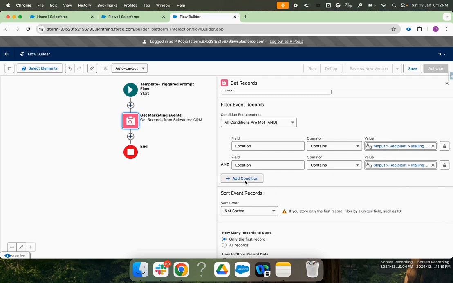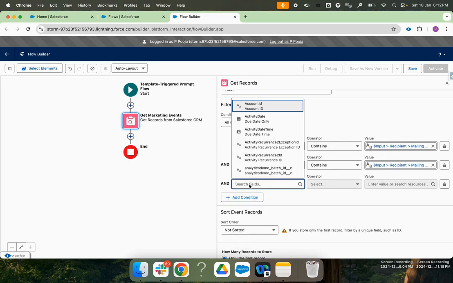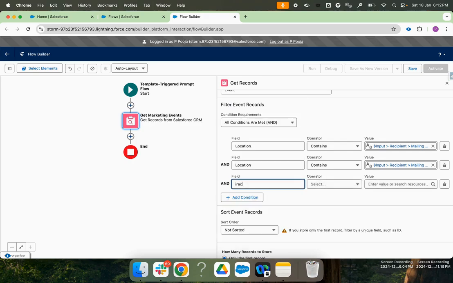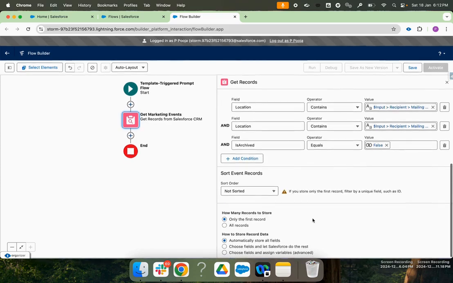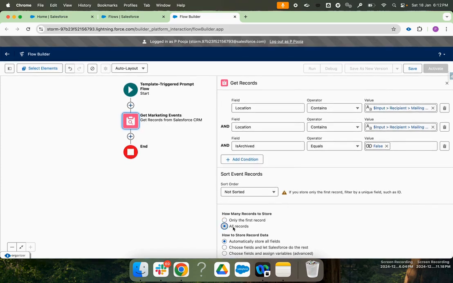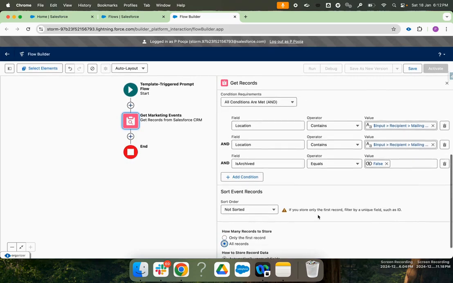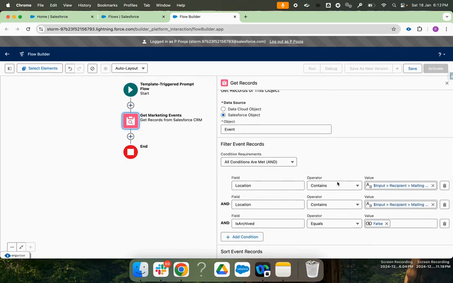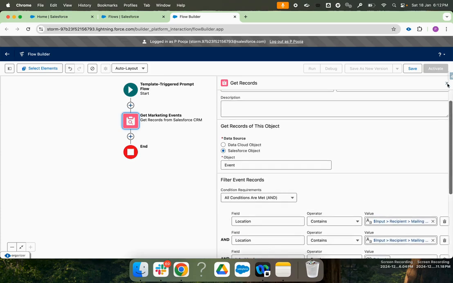And now last but not the least, I'm adding one more condition to check if the event is already archived. So I'm selecting is archived equals false. Now we have to select this option all records to get all the marketing events that will fulfill this criteria. Now let's close this pop-up,